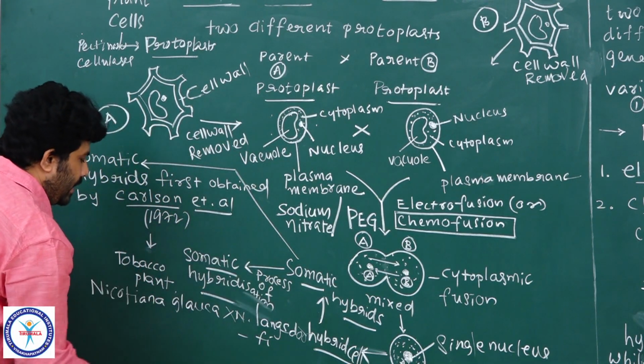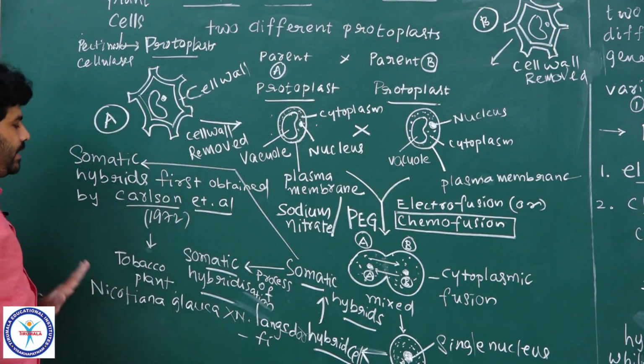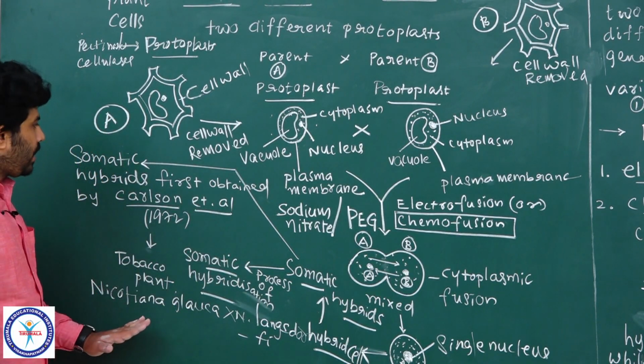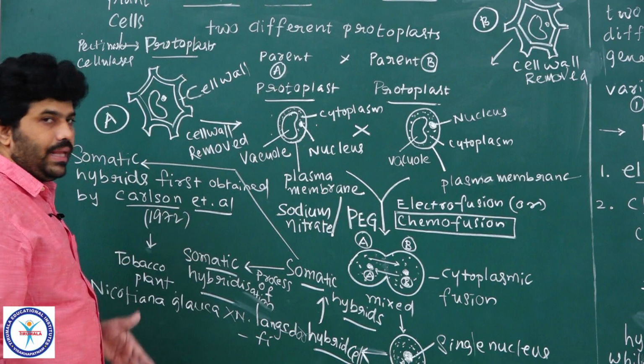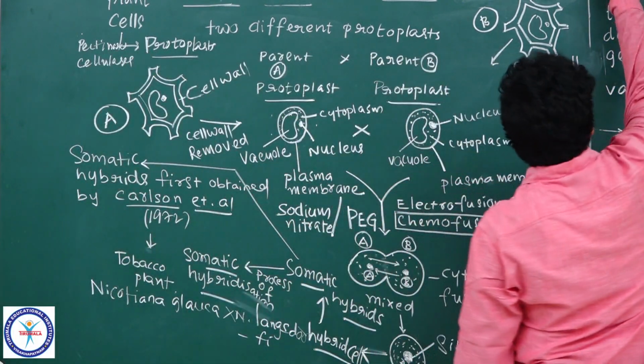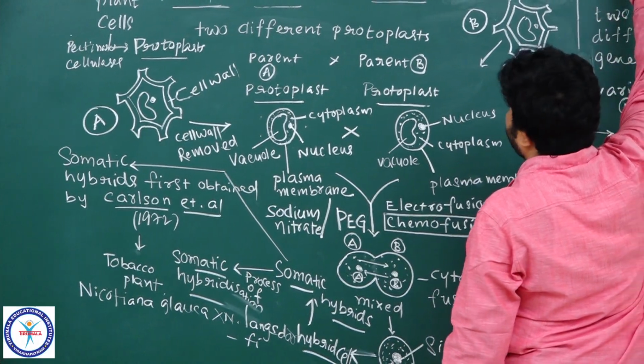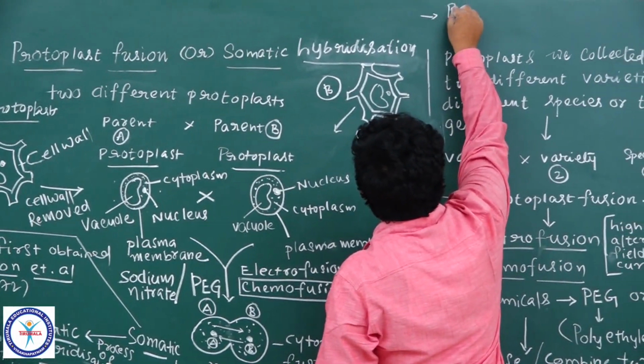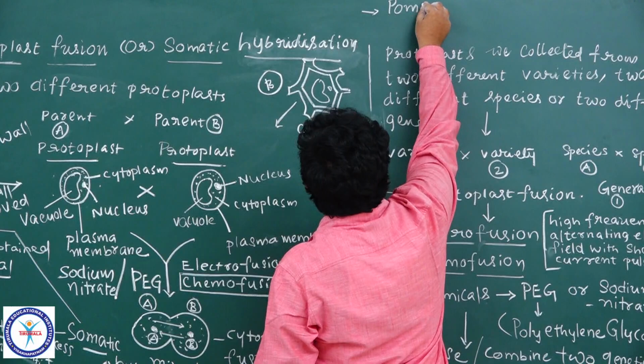Between these two only, he produced a new hybrid variety which gives more yield. Like that, some scientists also made another somatic hybrid plant, that is called